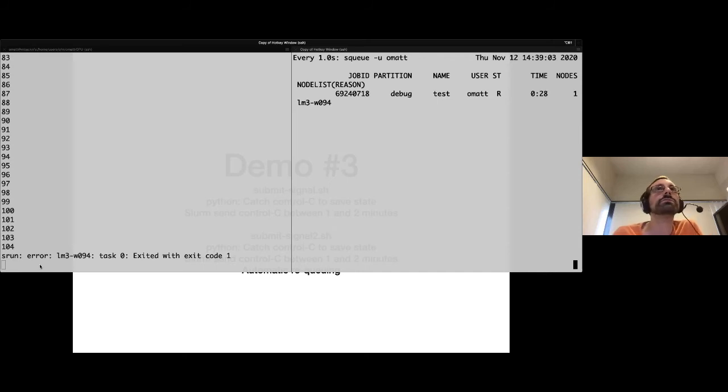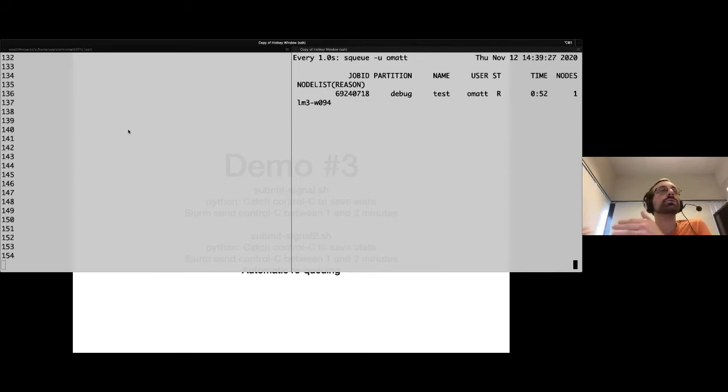So it's not important what I've used, but here I'm using the command watch in order to refresh the status of this command, squeue -u omat, so that I can see in real time the status of all my jobs on the cluster. And here on the left, I use tail -f to print the last lines of the file, and that's also interactive.